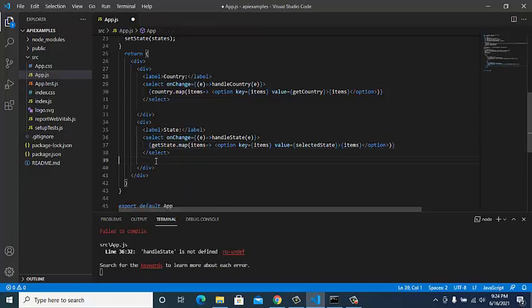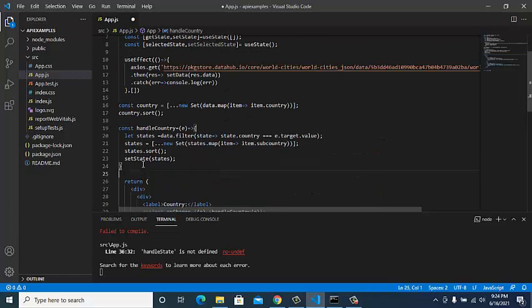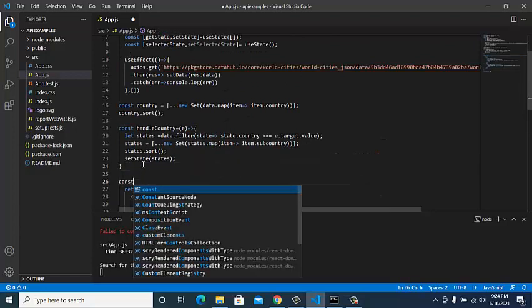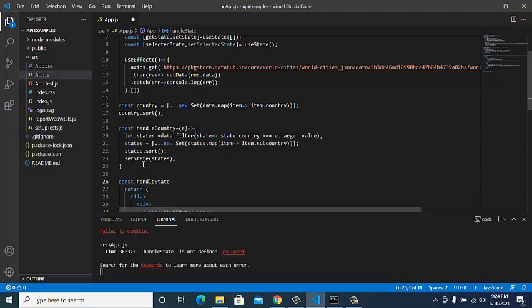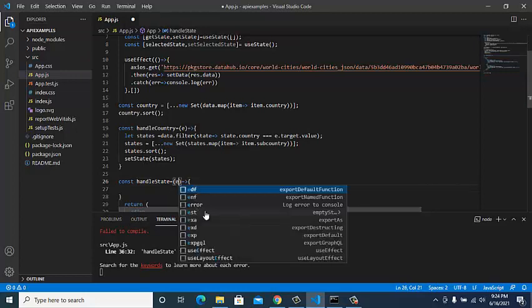Again, my final state method, I'll name it finalState, and get the event that is taking the value.